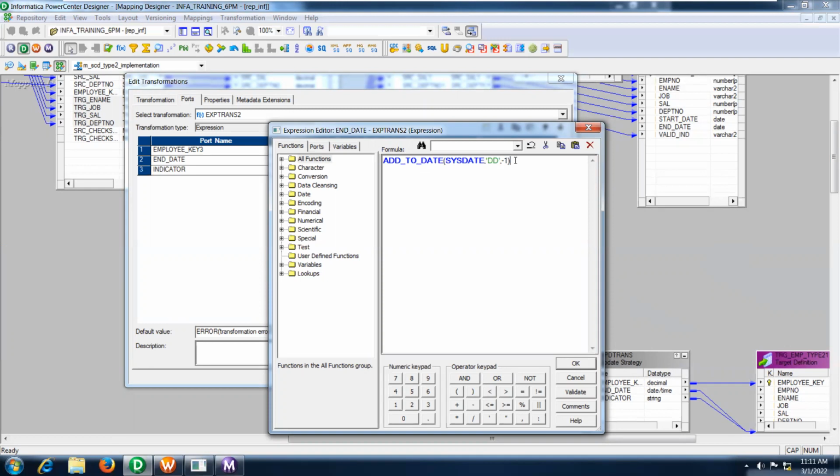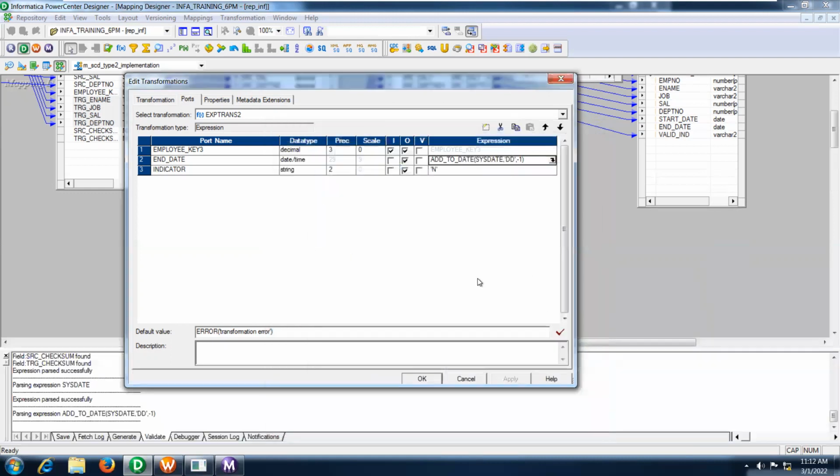The previous record, the same EMP number, we are going to mark as invalidated by providing an end date. Suppose today is 1st March, I am going to minus 1 day. 28th February, it will take as the end date for the previous records, and I will set the indicator as N.